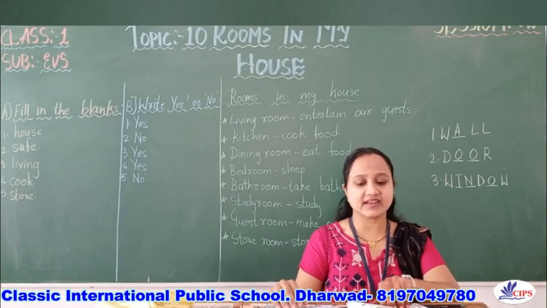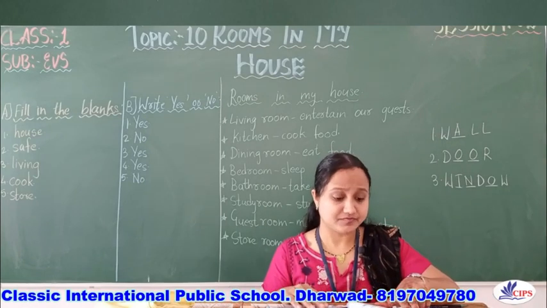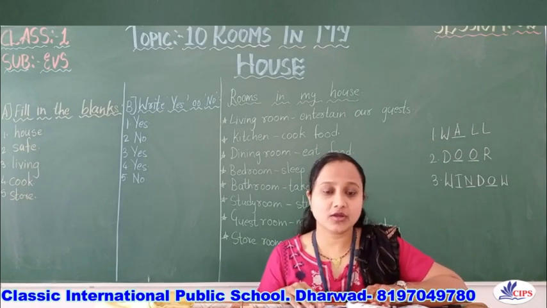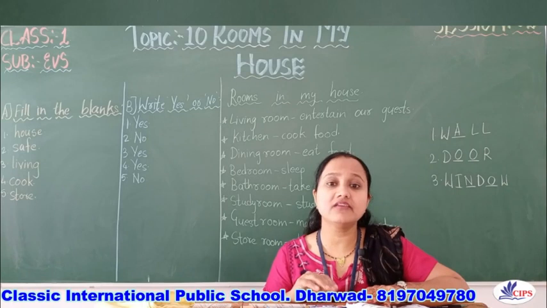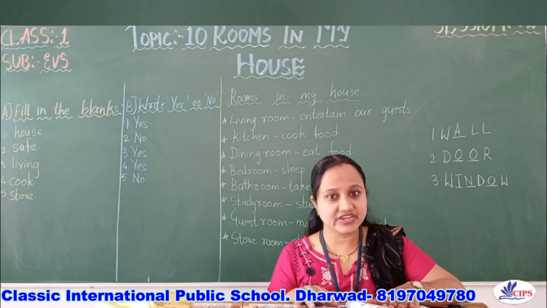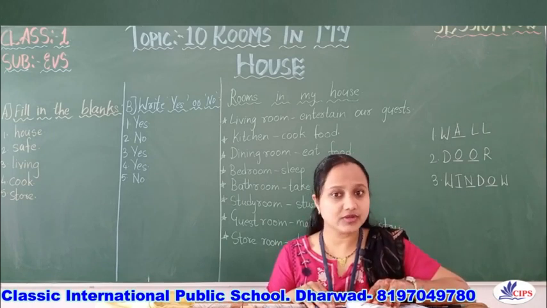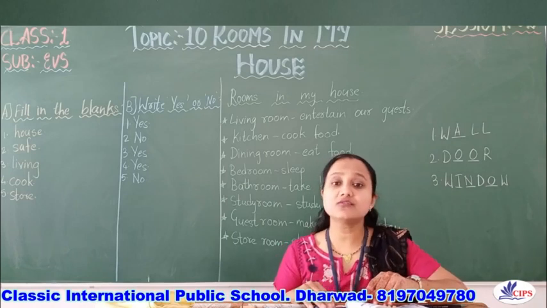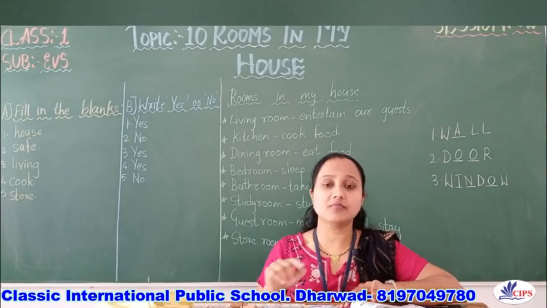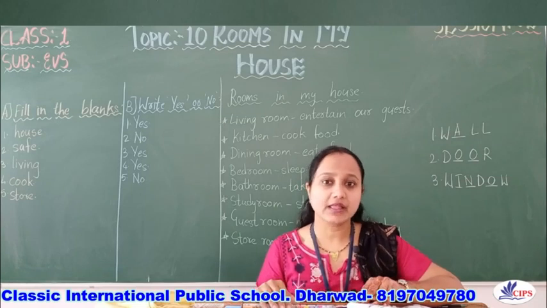Let's go for the second one. The second one shows a table, a soap and a chair. Okay. So what do you use in the living room? You have a table, you have a chair, right? But do you use a soap in the living room? No, you cannot use a soap. Okay, so the soap is the odd one out. So you have to circle the soap. Please circle the soap, which is the second picture in that. Have you done it? Okay.